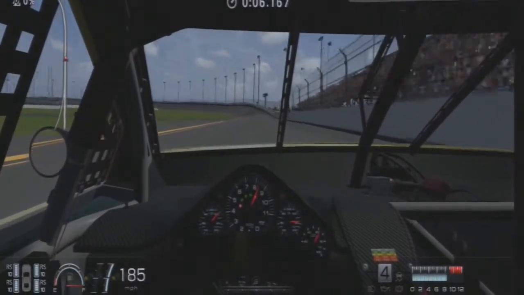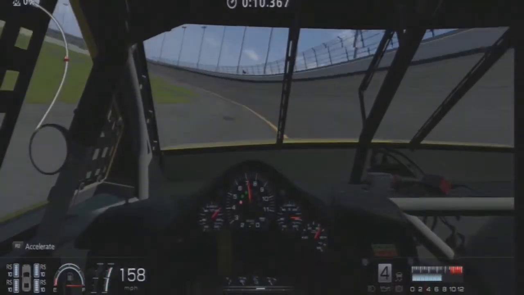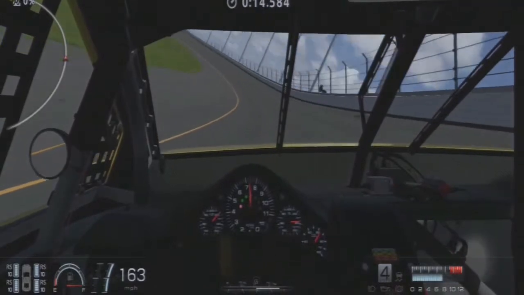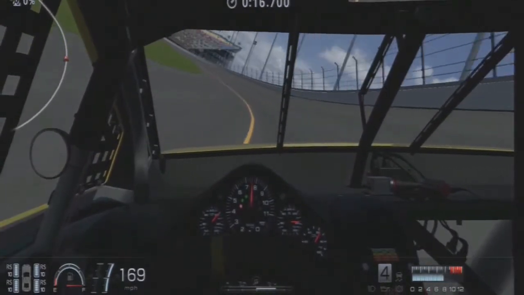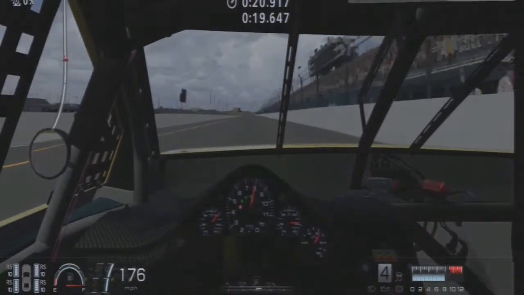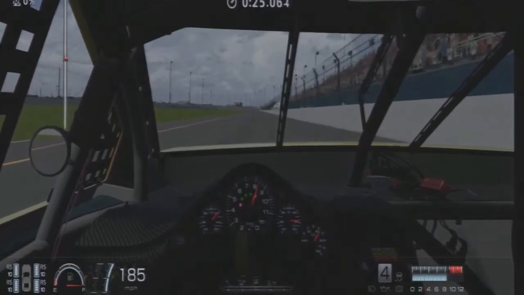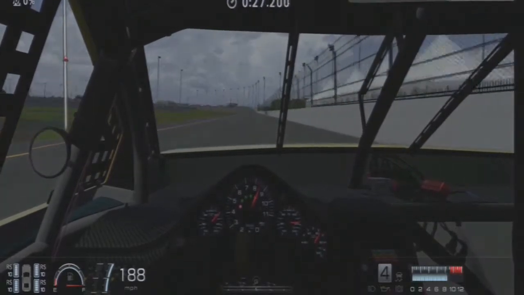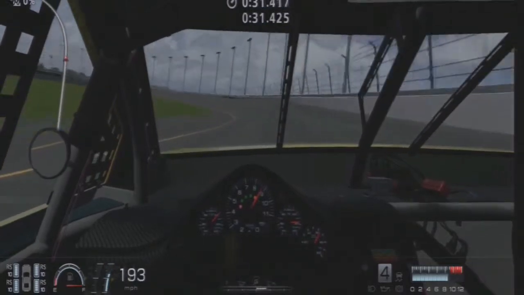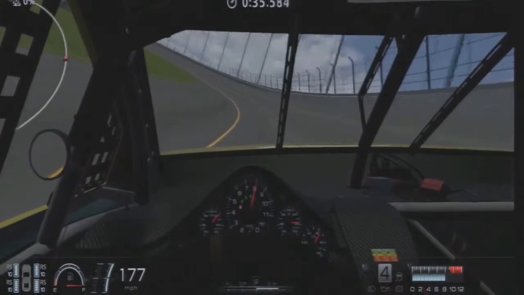You see here, this is the in-car camera of Matt Kenseth, a little bit different to what I'm used to seeing, especially in comparison to NASCAR 14. It's almost a completely different car. As you can see, as we come round on the back straight, the car is very bouncy. The road surface is quite bumpy. You'd expect that from a car that's travelling at 193 miles an hour,